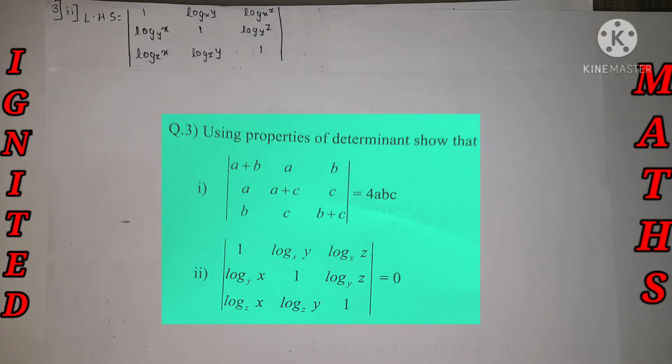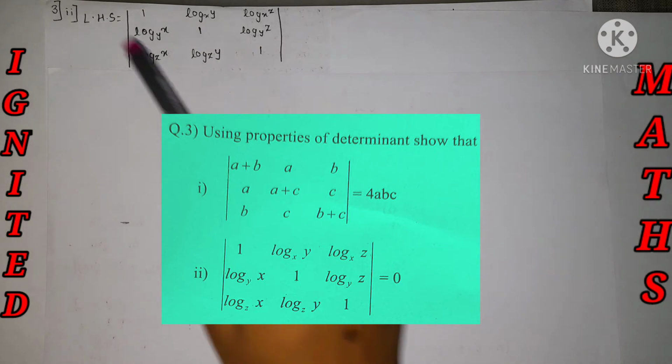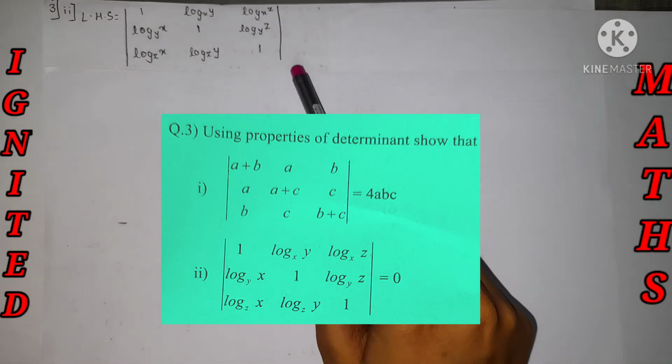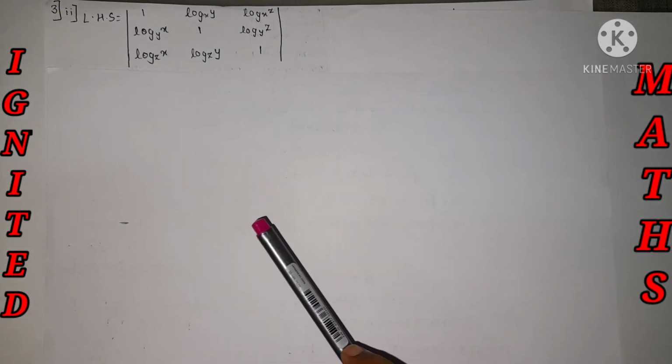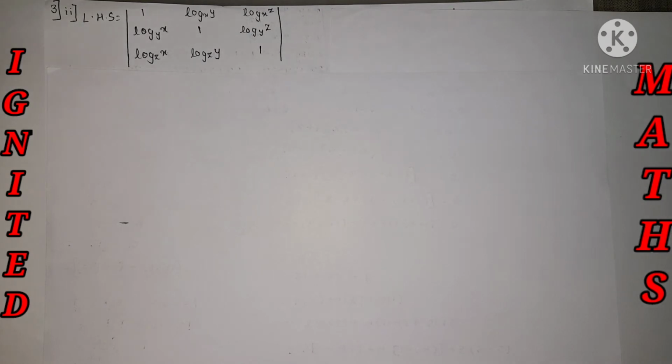Second sum is based on the log sum. So in the second sum I took the LHS part and I'm going to prove it by the RHS part. Let's get started. The determinant given in the LHS is nothing but a 3 cross 3 determinant, and in the RHS we need to get the value as 0. Now the third main question says that we need to use the properties only. So we need to clear the properties first. A list of the properties is given; we will also get them in the description link.